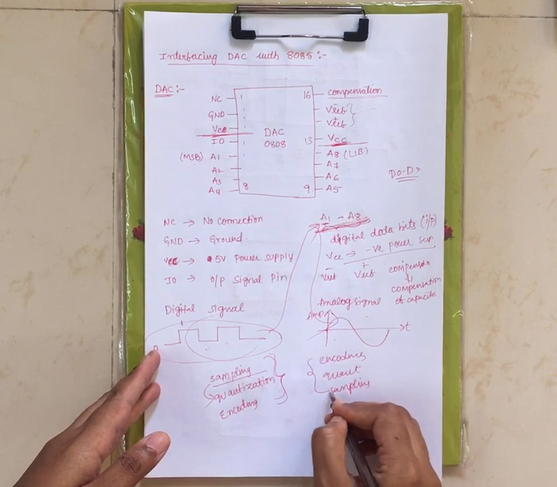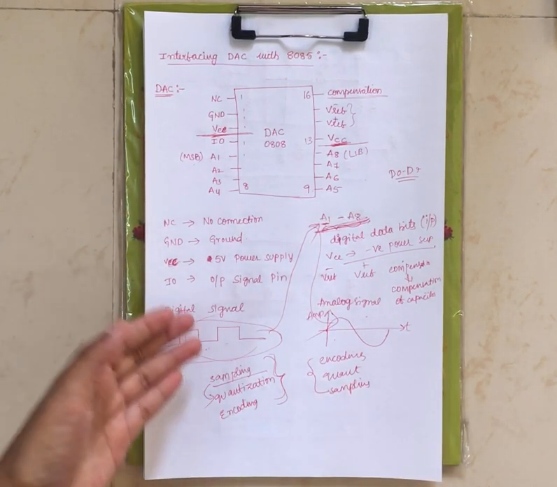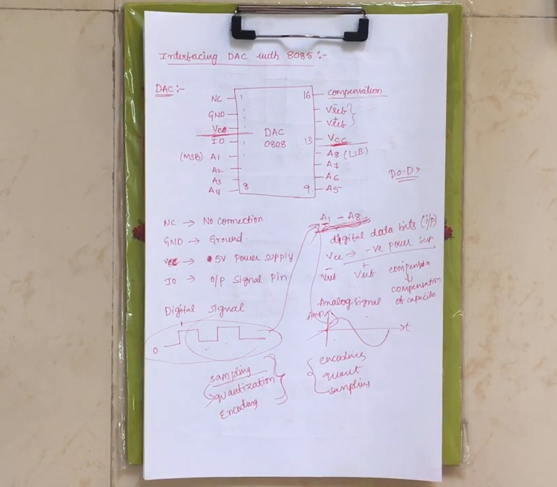Now these are just the reverse operation, right? In order to convert your analog signal to digital signal, we require three steps: sampling, quantization, and encoding. Just remember what the steps are. It takes one more lecture to explain how the analog signal is converted to digital signal, but that is not required as per you till now.